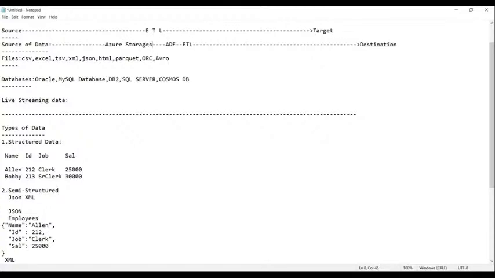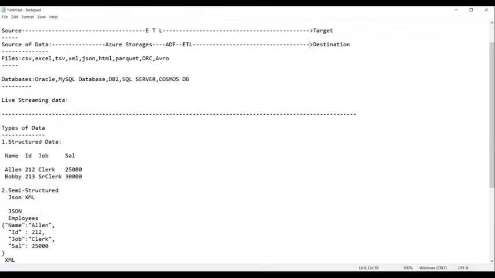From the Azure storages, the data will be picked up by the ADF, that is Azure Data Factory, and then ETL will be performed using the Azure Data Factory, and finally the data is sent to the destination.